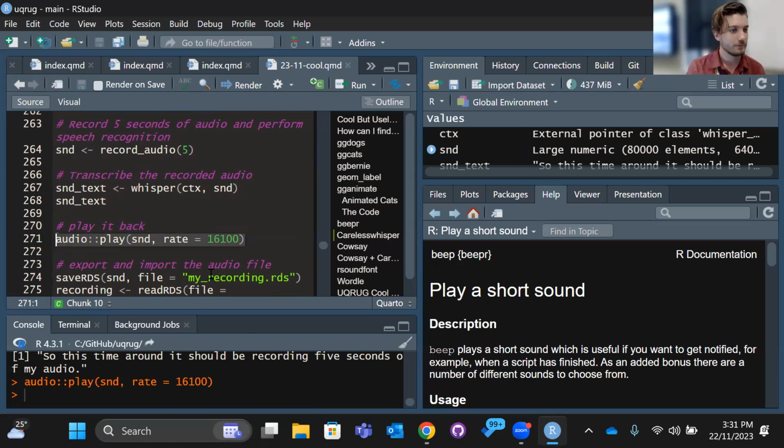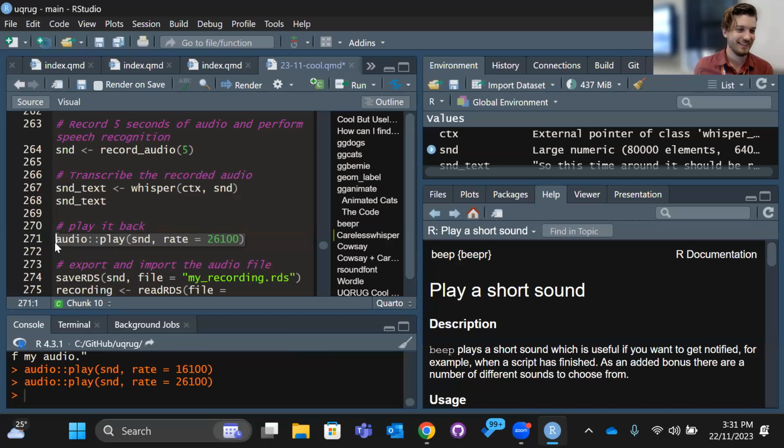Yeah. Perfect. I never had it come out so well before, so that's really good. For a little bit more fun, we can change the sample rate. So the sample rate is like 16 kilohertz. But if I run it at 26 kilohertz, this is just hours of fun. And then the other way around, of course, is I think I went too slow. Again, for those online, I don't know if you can hear it.